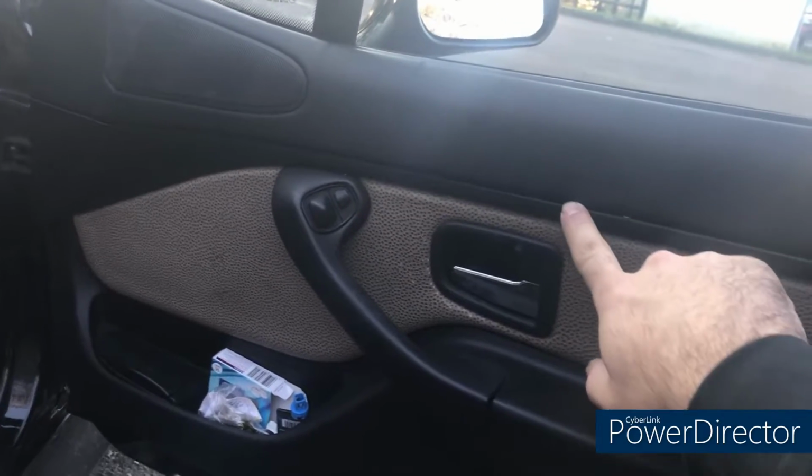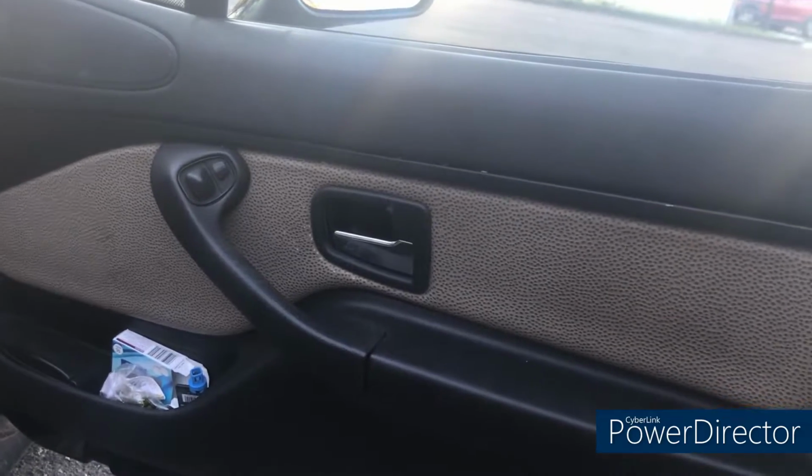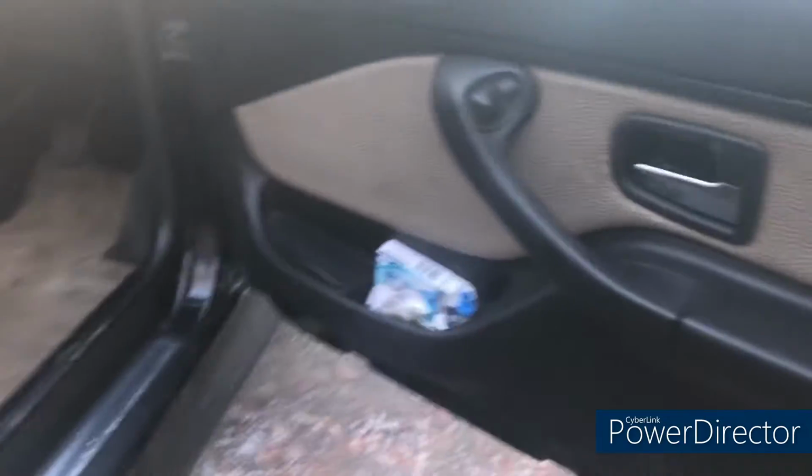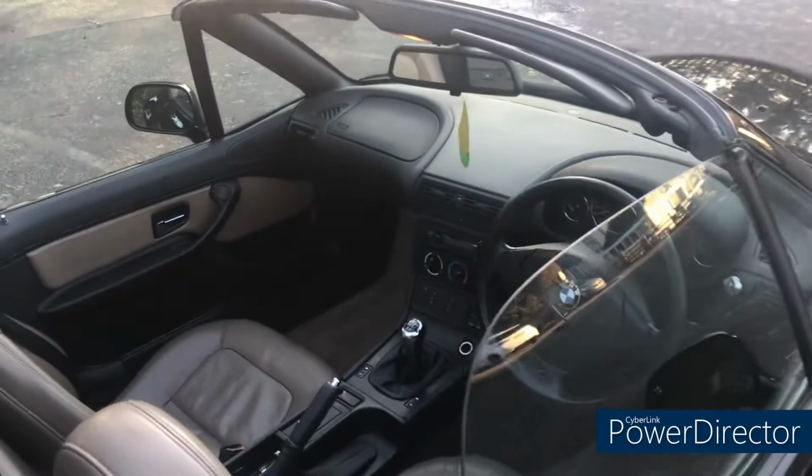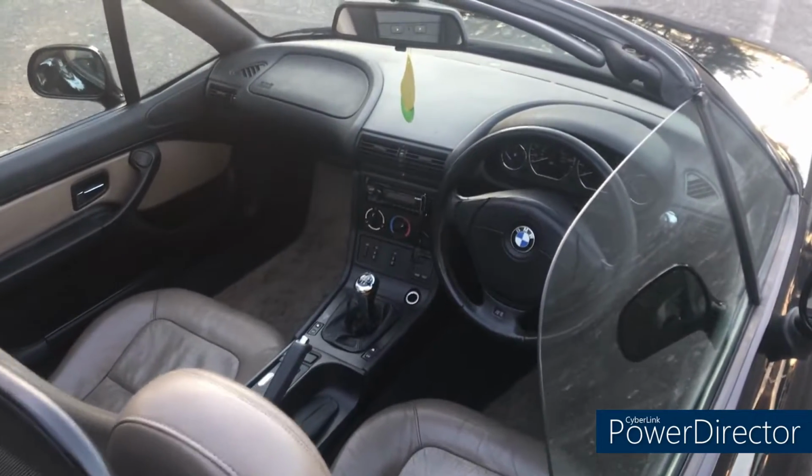I need to reseal this up. That's a video coming, I'm sure, at some point. But yeah, that's been done. It's got the M Sport steering wheel, got an aftermarket CD player in there. We'll be changing the stereo in this,